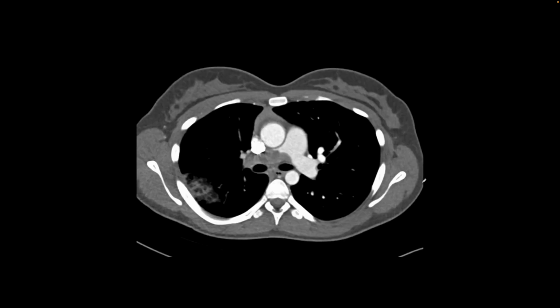This is our first patient, a young female who presented with chest pain and shortness of breath for about a month. And so an acute pulmonary embolism was suspected and a CTPE protocol was performed. So here we can see that there is good opacification of the pulmonary artery, the left-sided branches, but on the right-sided branch approaching the division, we see a large filling defect, and this was reported as a clot or acute pulmonary embolism, and